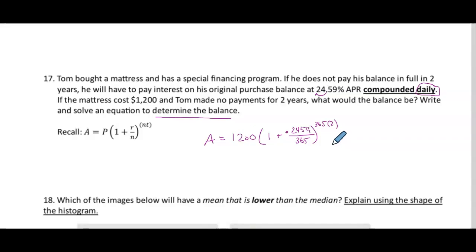Now if you happen to have a calculator, I should have said this earlier, but if you happen to have a calculator that doesn't give you a box to type into when you hit the exponent button, let's just make sure that we use a bigger set of parentheses for that. Otherwise, it's not going to register as an exponent. So just be careful of that. All right, type all that up. What you should get is